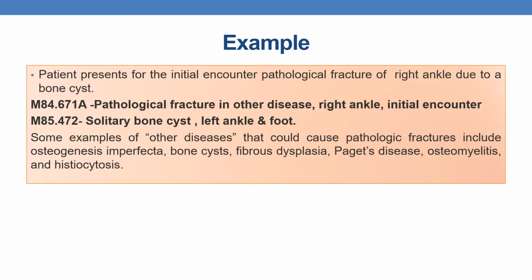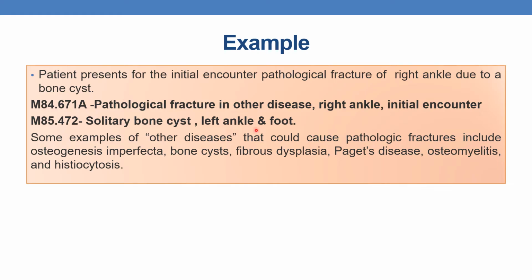Now let us see an example. Patient presents for the initial encounter of pathological fracture of right ankle due to bone cyst. Here he is presenting for initial encounter, that is active treatment has not been done. So you must indicate with 7th character A. So the first code is